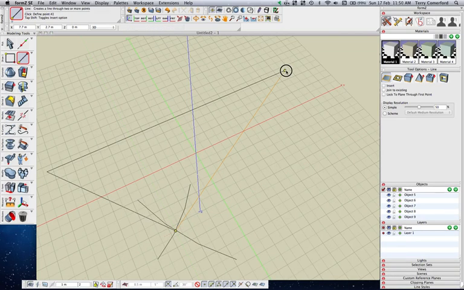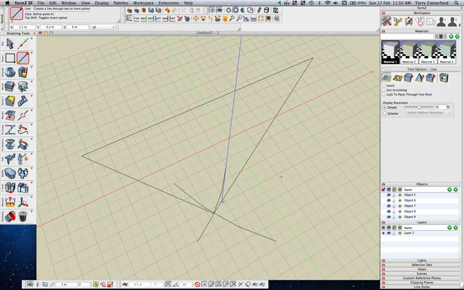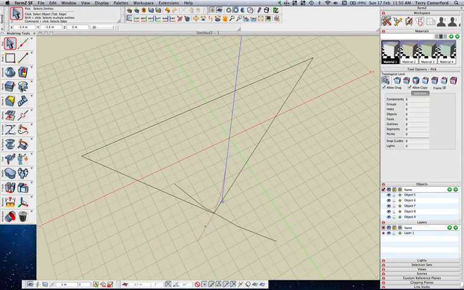If the intersection doesn't look like it's exactly intersecting with the two arcs, that's just because of the regeneration of the arcs or the radiuses for the screen resolution. The blue dot will give you the accurate intersection of the two objects. So I'm just going to delete those two arcs now, and I'm left with